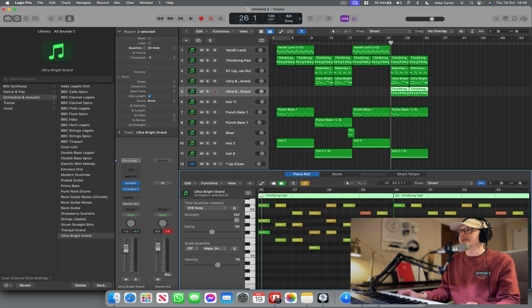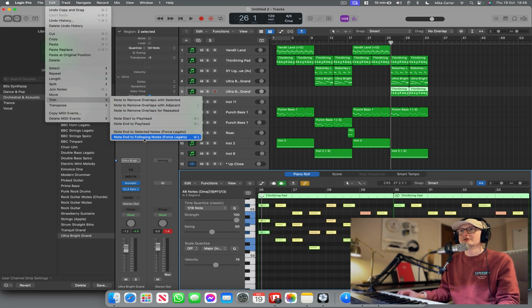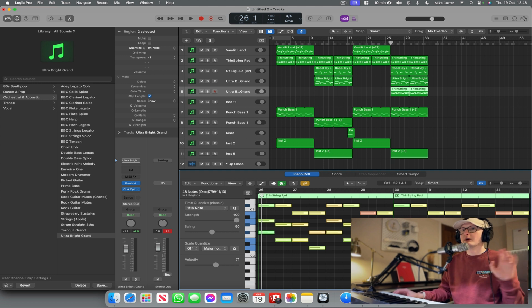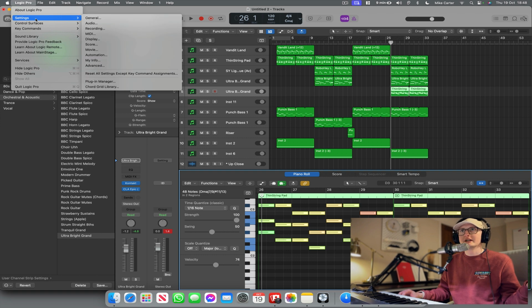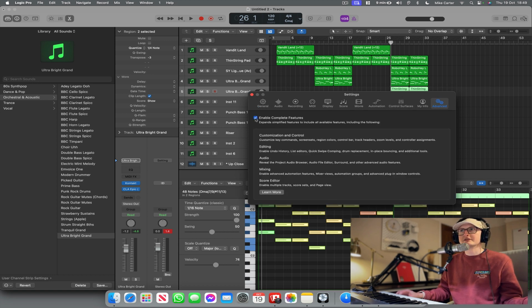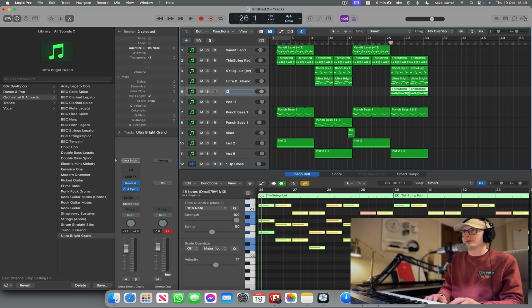So let's go to Command A and then edit, trim, note end to following notes, shorten. Okay, then that joins them all together, and you won't actually see that command by default. You have to go to Logic Pro, settings, I think it's general, or it's advanced, and then enable complete features, and then that will show you that command and loads of other ones as well, probably. So there's the vocoder pad,